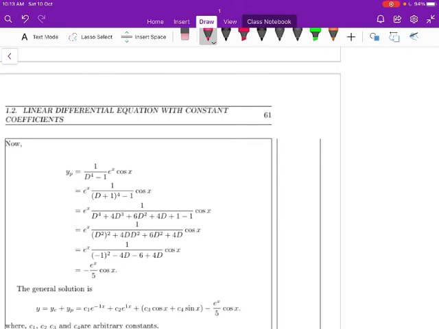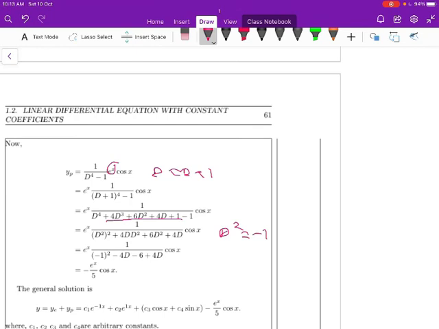Now let us move to the particular integral. So yp is equal to 1 by (D to the power of 4 minus 1) into e power x cos x. So first you have to operate for the exponential, wherever D you take it as D plus 1. So e power x into 1 by ((D plus 1) to the power of 4 minus 1) into cos x. After simplifying, we will have e power x into 1 by (D to the power of 4 plus 4D cube plus 6D square plus 4D plus 1 and minus 1 cancel).